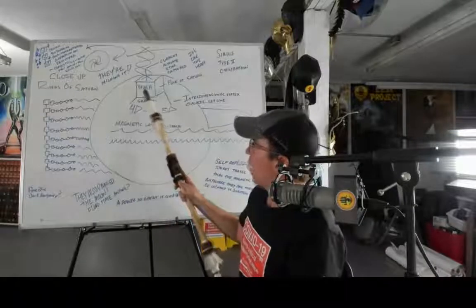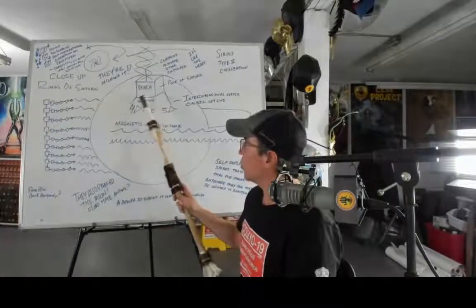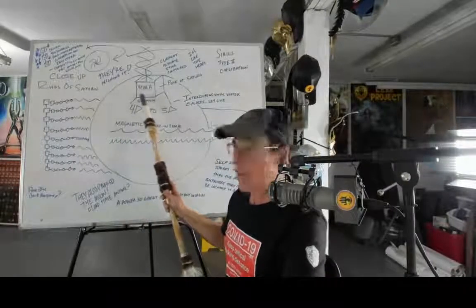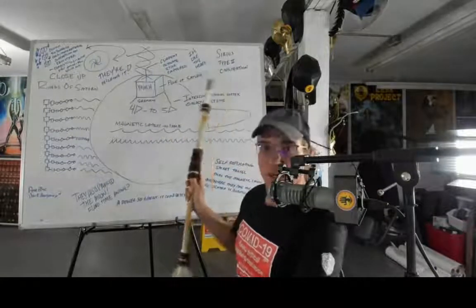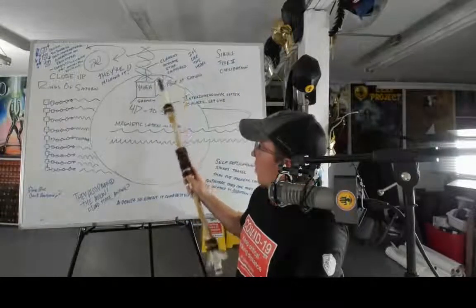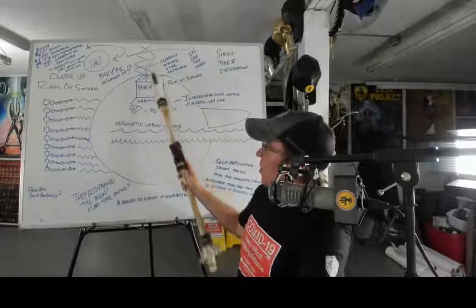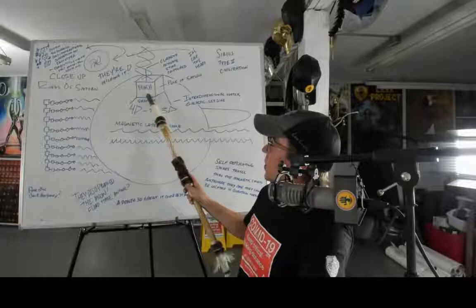Now, Yahweh kept popping up when I created this cube. And I was like, nah, let's take it out. And then something said, no, you keep that in there. So Yahweh and the cube of Saturn, and then the connections to Sirius. I think that Yahweh, or this type 2 civilization led by Yahweh, came here through this current somehow, captured the energy of Saturn, and now you can see the